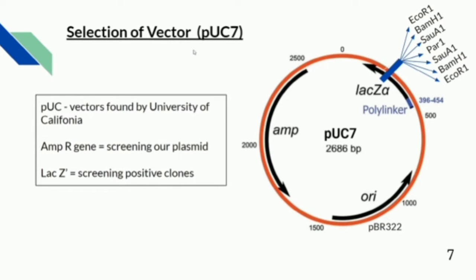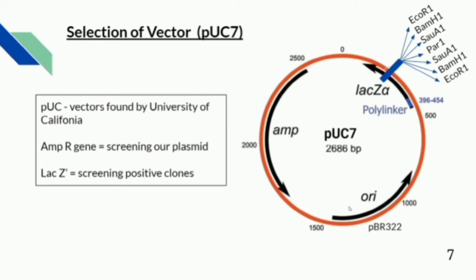After choosing the desired gene of interest and restriction enzyme, the next stage is to manipulate it in a vector. Here we choose pUC7 of size 2.6 kilobase for manipulation. pUC is a set of vectors that was founded by University of California. Basically, the vector has multiple cloning site region within lacZ-alpha gene which produces alpha peptide of beta galactosidase enzyme,